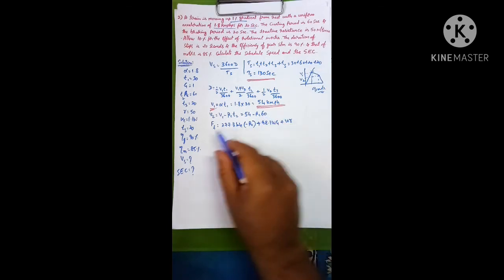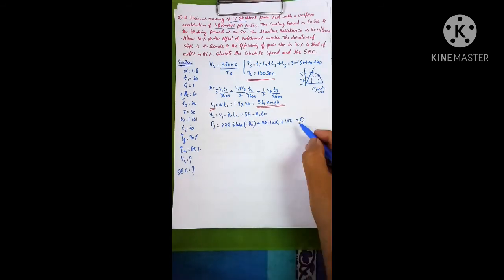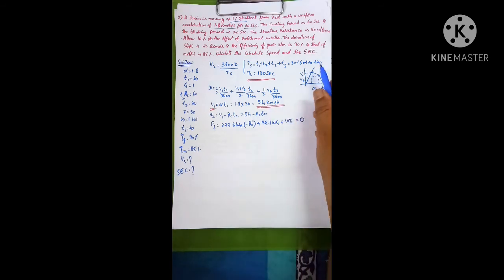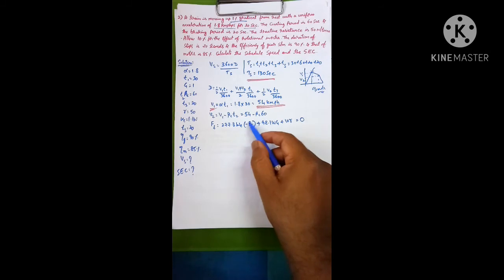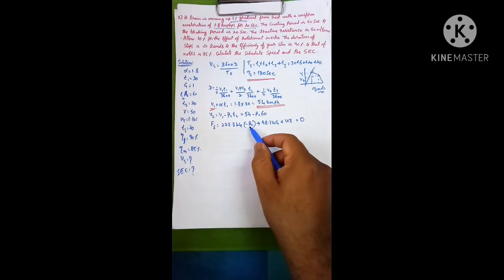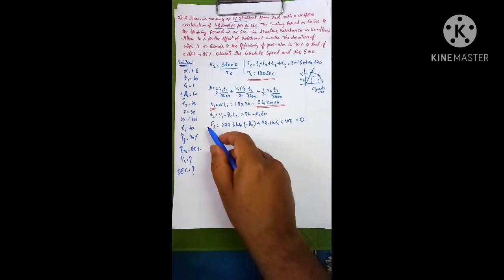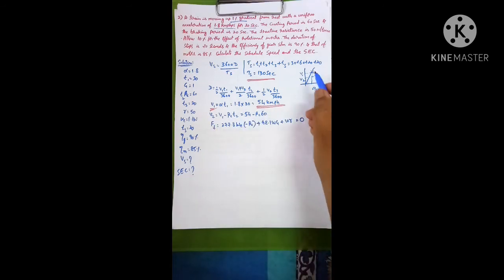So once we remove the supply, there will be no tractive force. So I can say that Ft is equal to 0. And once we remove that force, whatever part we get here, that is the coasting period. During energy consumption it was acceleration, so we used to have Ft and alpha. But now during the coasting period, there is no tractive force, so we take Ft as 0, and in place of alpha we take beta c, and it is downward, so it is minus beta c.